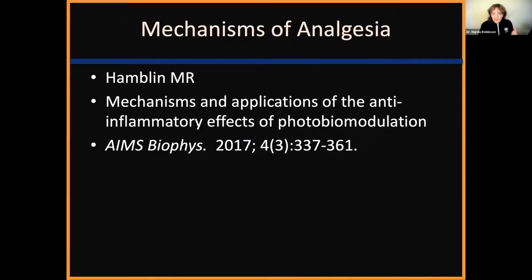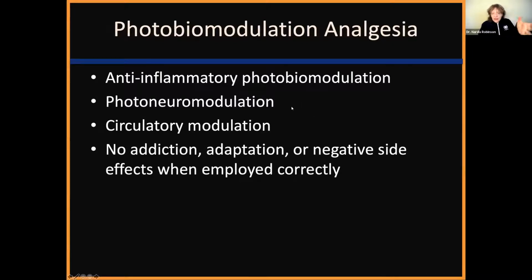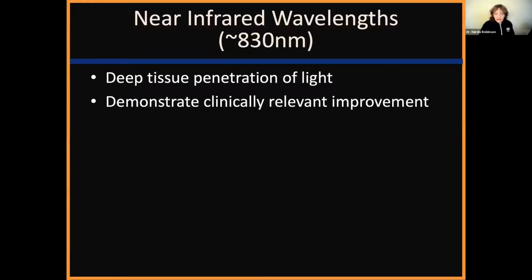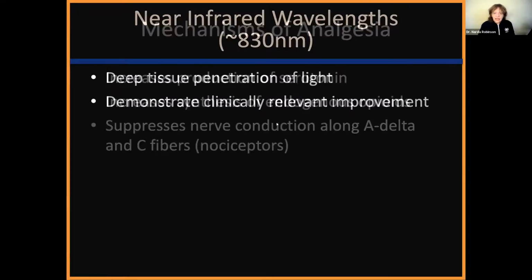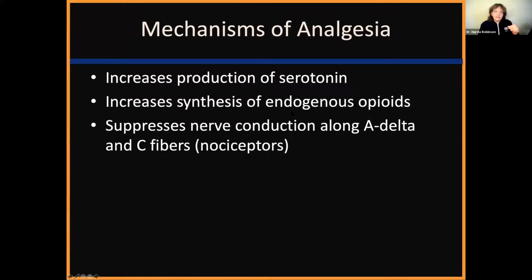But here's an article, Mechanisms and Applications of the Anti-Inflammatory Effects of Photobiomodulation. And so just a lot of different aspects from just the inflammatory factors, cytokines, to the nerve effects, to the circulation, and very few side effects as long as you do it appropriately. The near infrared, the 830 nanometer, which is invisible to our eyes, but has a nice deep penetration of light. So that's one type of parameter, the wavelength, and I would choose that if I was treating nerve conditions, spinal cord injury, and the like. And it's just very nice, but oftentimes for superficial stuff, you need to pair it with a red light, which is going to stay more on the surface.